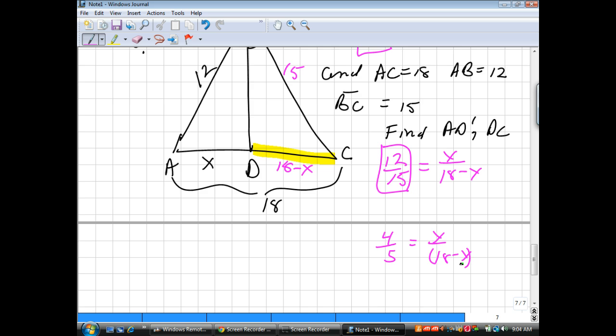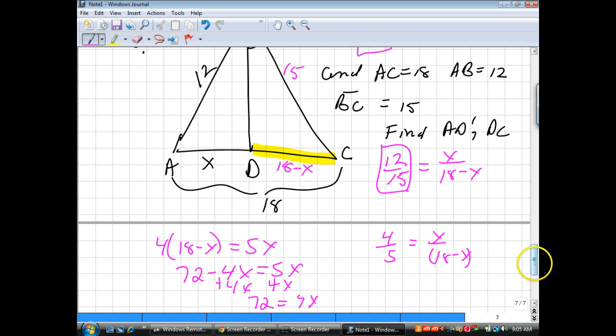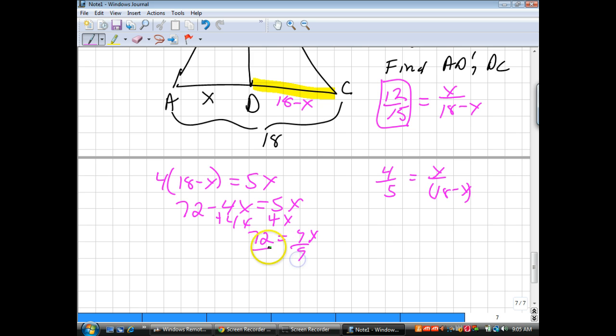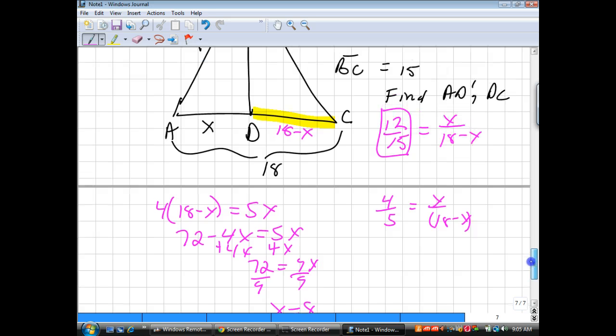Do means and extremes, so we get 4 times 18 minus x equals 5x. Distribute the 4, so we get 72 minus 4x equals 5x. Add 4x to both sides. So we get 72 equals 9x. Divide by 9. So x equals 8. So x is 8, so length of AD equals 8. And length of DC is 18 minus 8, or